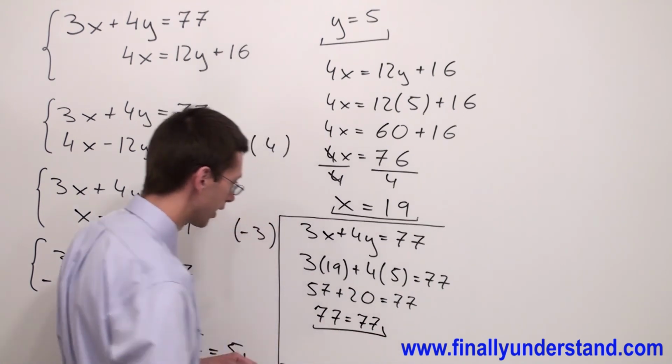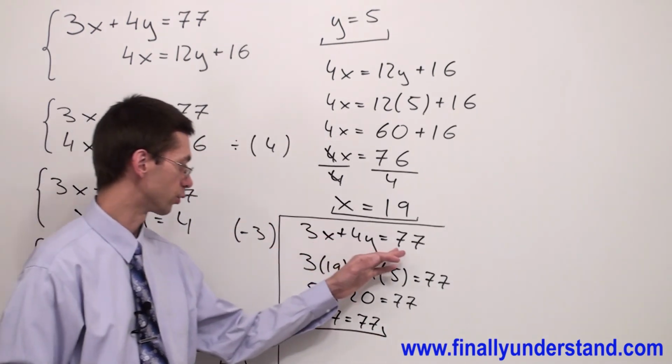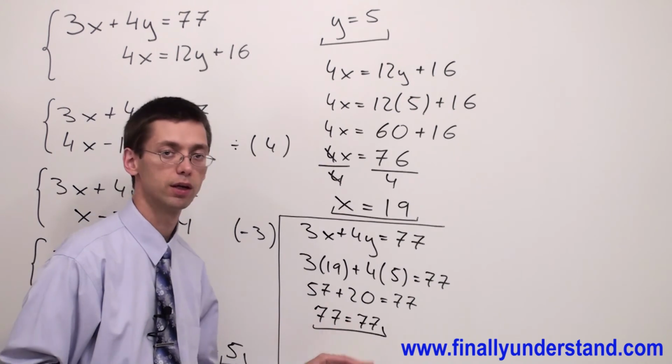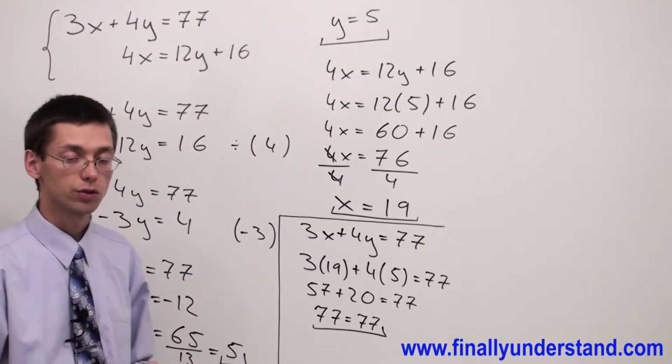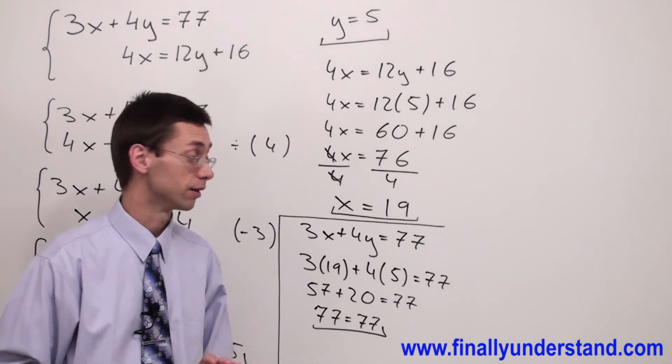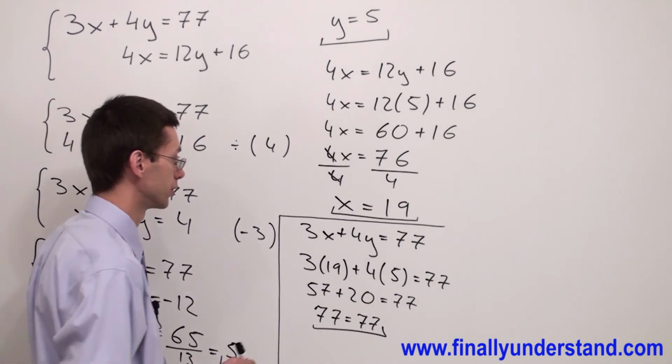As you can see, the left side of my equation is equal to the right side. 77 is equal to 77. So we can say that our answers are correct, but in order to be 100% sure,